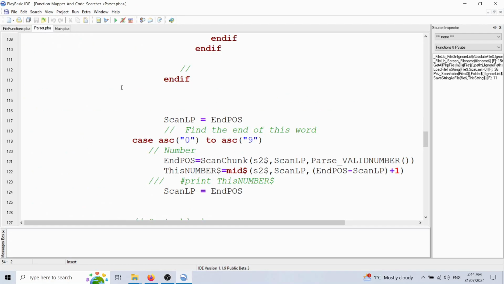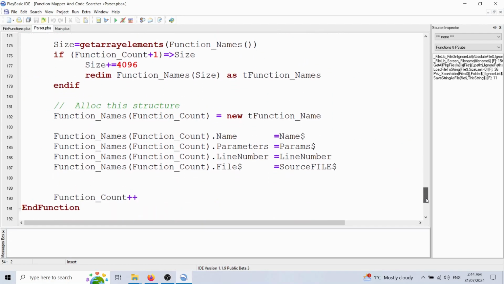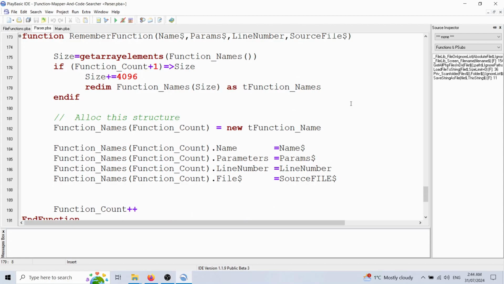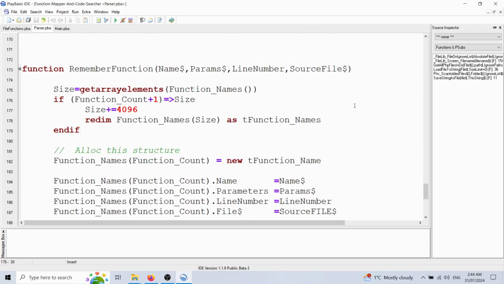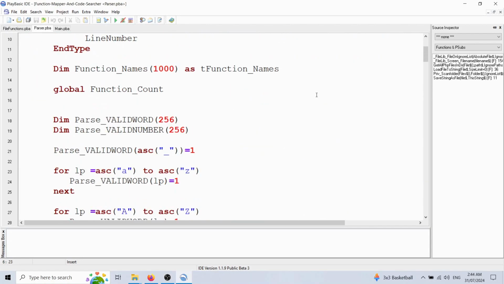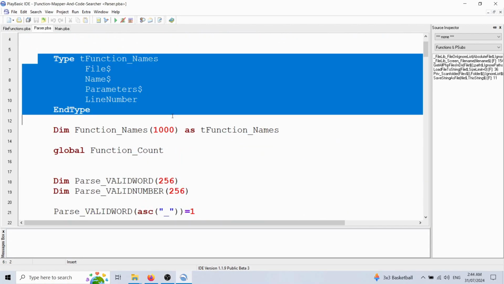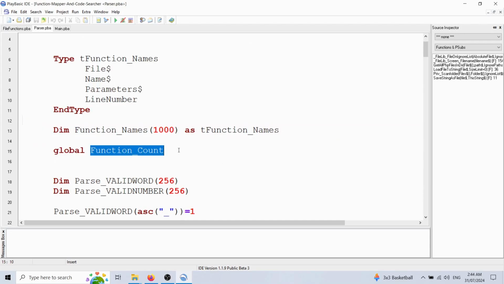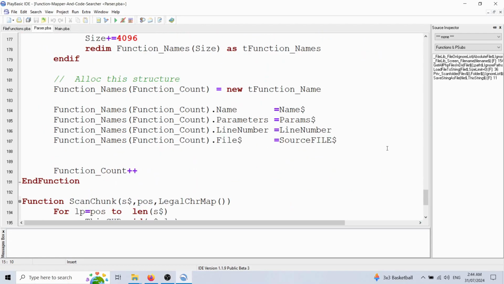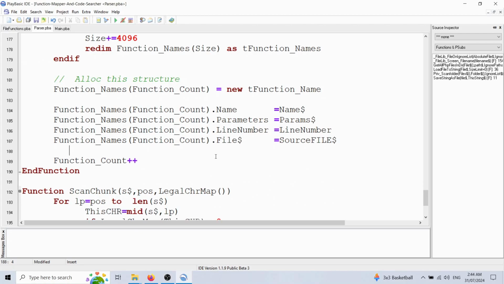Alright, so a little phraser up here has two parts to it pretty much. We've got a function to add our function details to a global list of function names. In this case it's just an array, it's just resizing the array as we need it. So it's declared up front, declaration, our array and our count. It's a bit cheesy because I wasn't really thinking about giving this a sort of real world use case, but anyway,